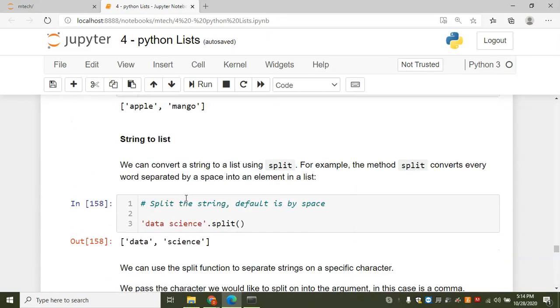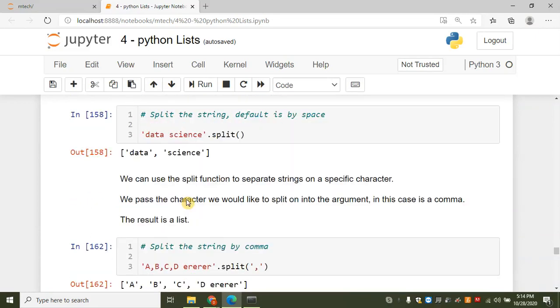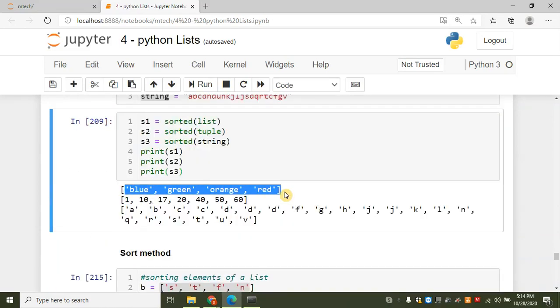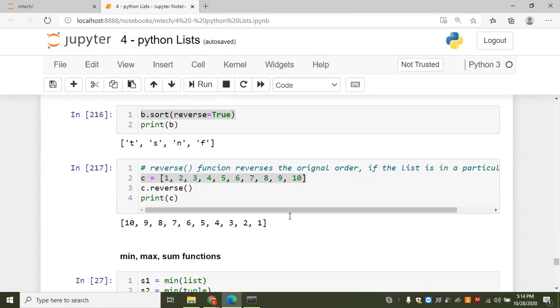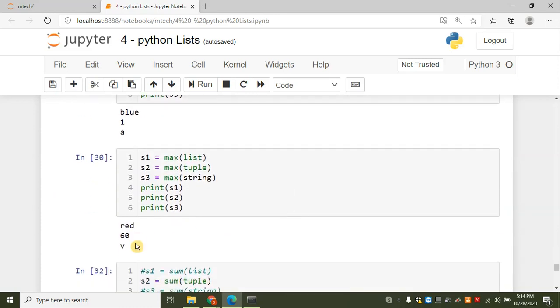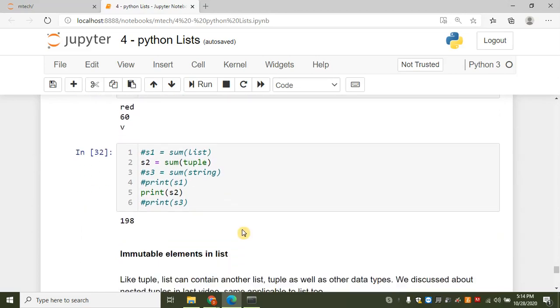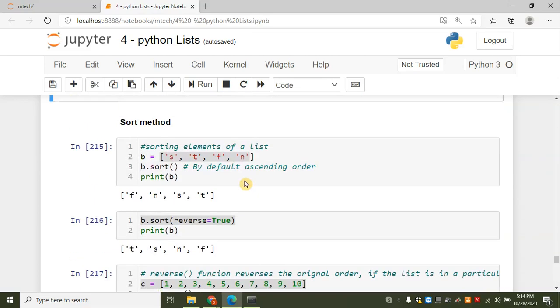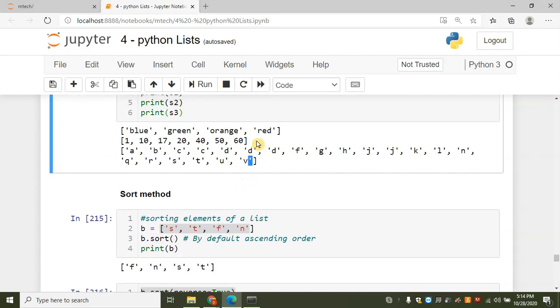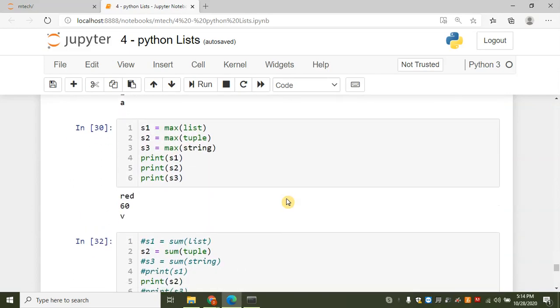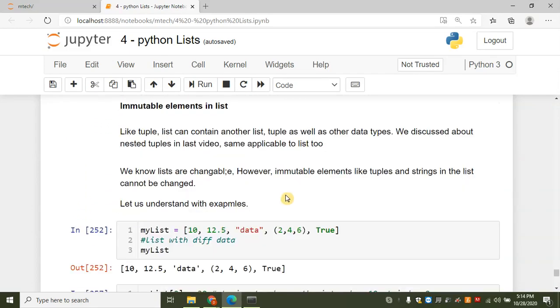Maximum is the last element in ascending order. Maximum of this list is red, of this tuple is 60, and of the string is v. Then the sum: I can get the sum only for numerical values. So the sum of the list I can get using the sum function.